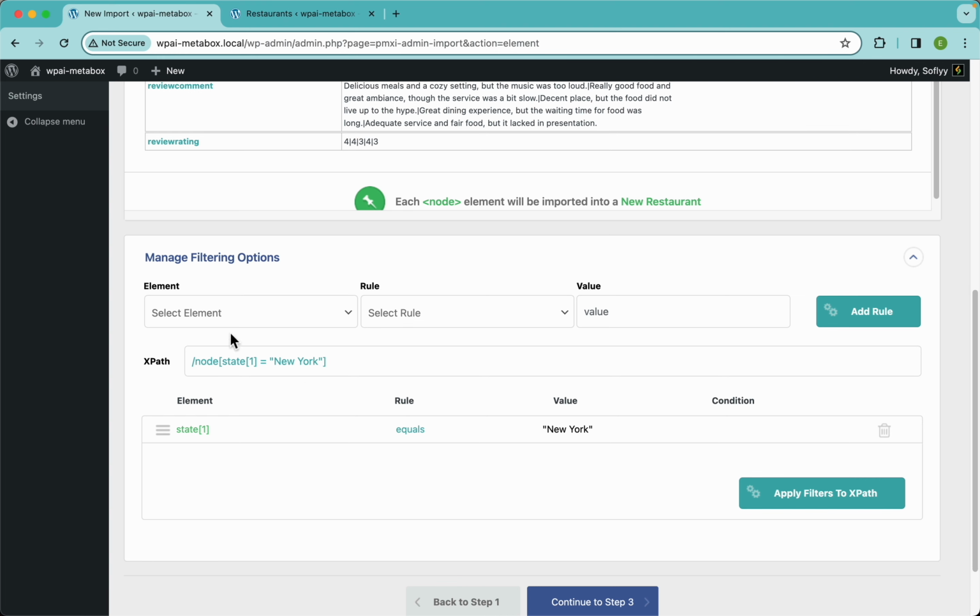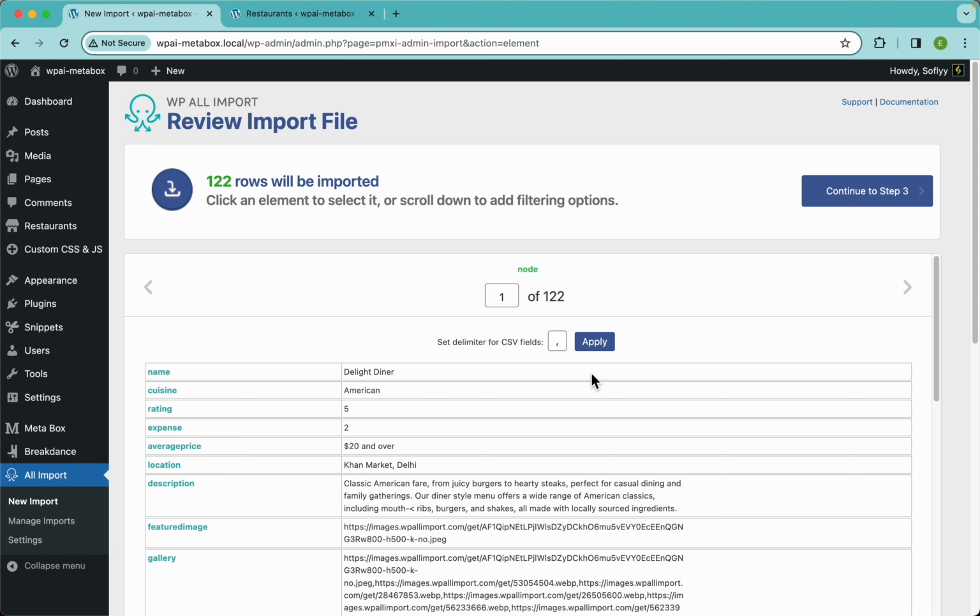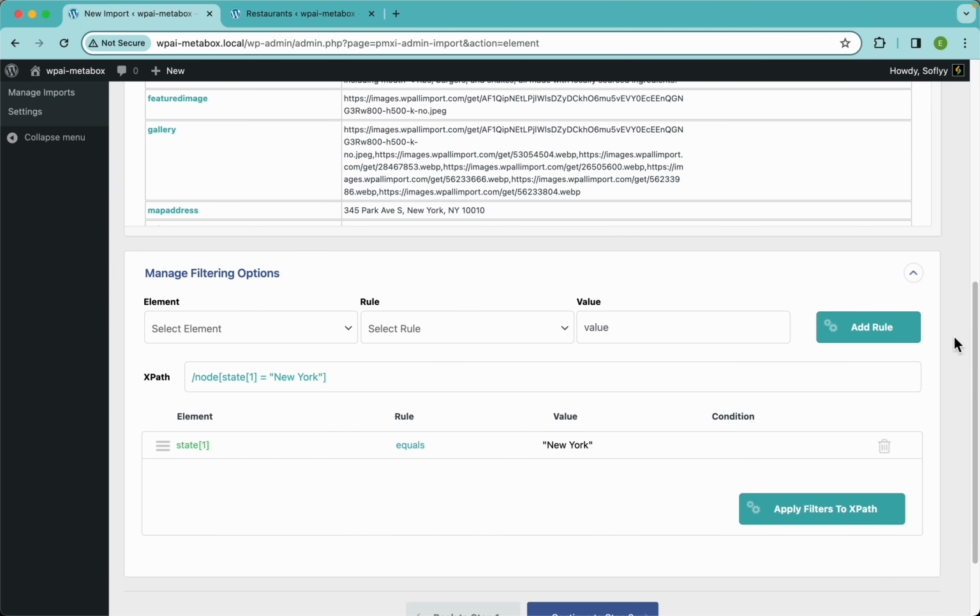Now you will notice here this weird code. This is XPath, and guys, if you know what XPath is, then awesome. You know you can do all sorts of crazy stuff here, but you don't actually need to know what XPath is, how it works, or any of that. Just know that WP All Import is transforming this CSV file into an XML, and that's the reason why we can